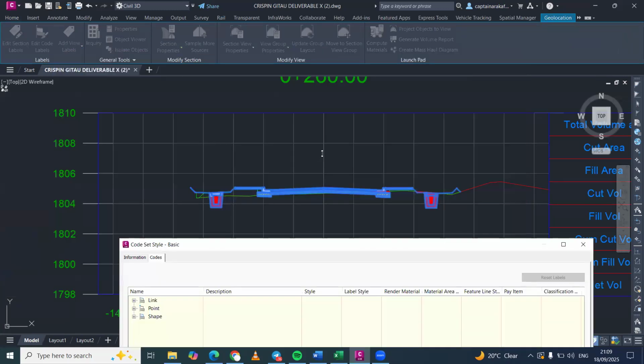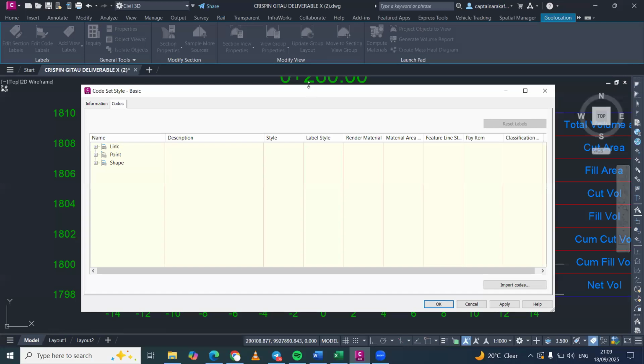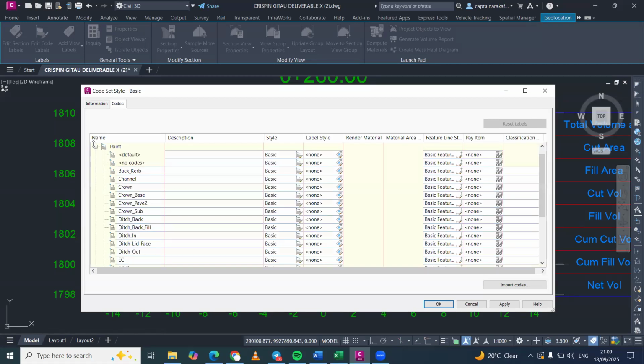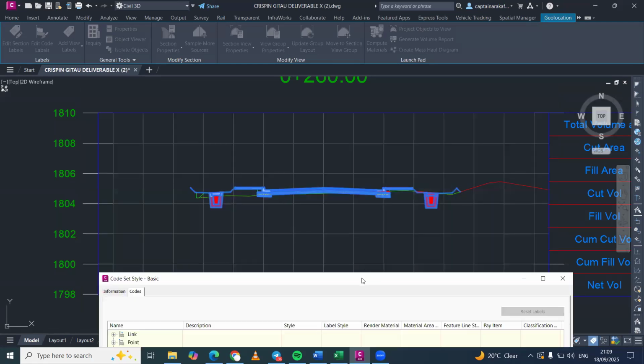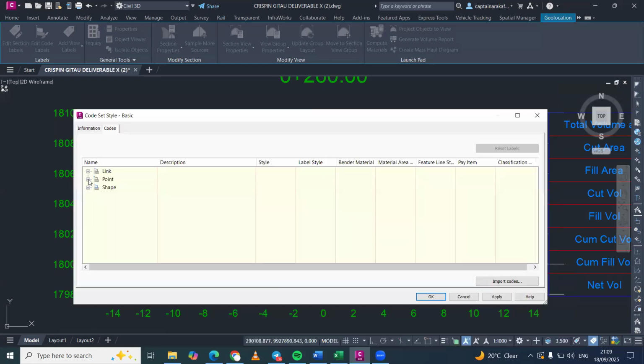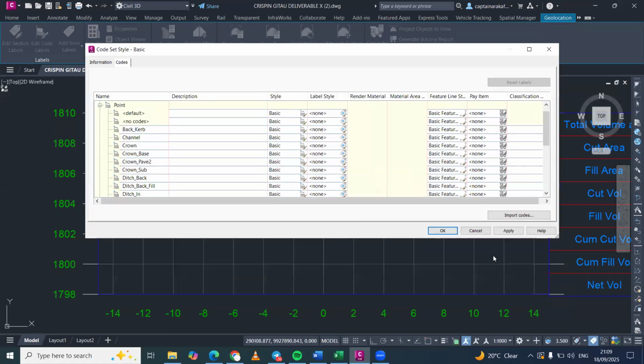Remember, these are points. Let's say, for example, the crown, we do have the top of curb, we do have our ditch, and whatever, ETW, edge of travel way, whatever points of interest you'd like to add the labels to. So under codes, okay, I'll select points now. Remember, we were under shapes when we were discussing these hatches or whatever it is. So we'll go to points, and under points, our interest will be probably at,